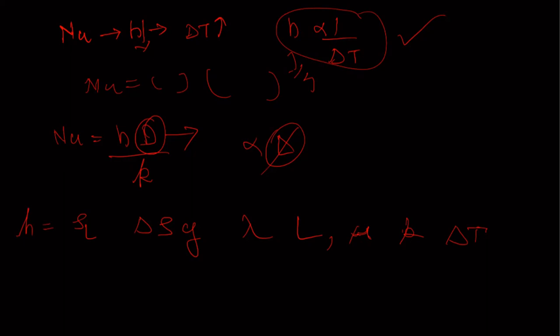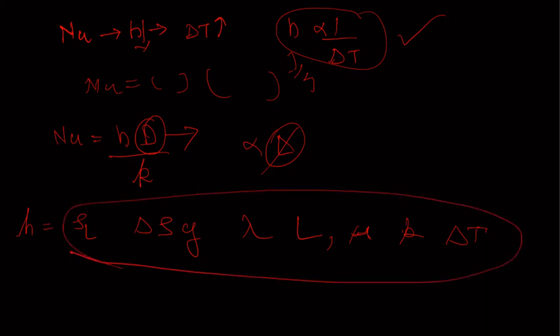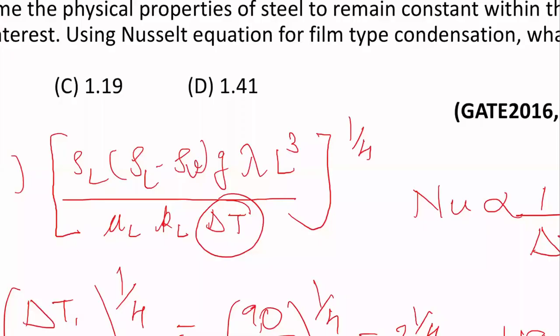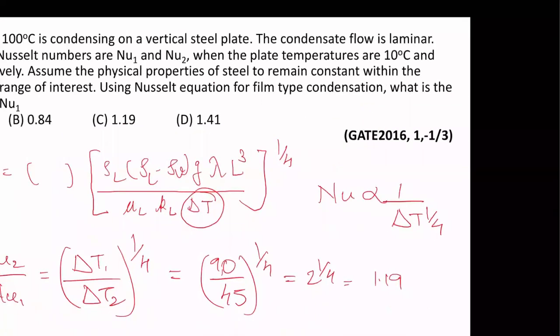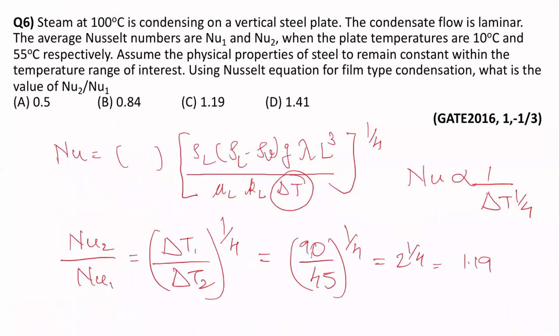So just try to make a non-dimensional number out of it, and you will end up getting the same thing. It will take around 3 minutes, and once you get it, it will be a question of another minute. It will take 4 minutes. It's a lengthy approach, but in the exam, if you have time, you're able to solve other questions, and you don't want to miss out on this particular kind of question, you can use the Buckingham pi theorem and do it. I had tried doing it in one of my exams, and I was good enough, I could clear it.